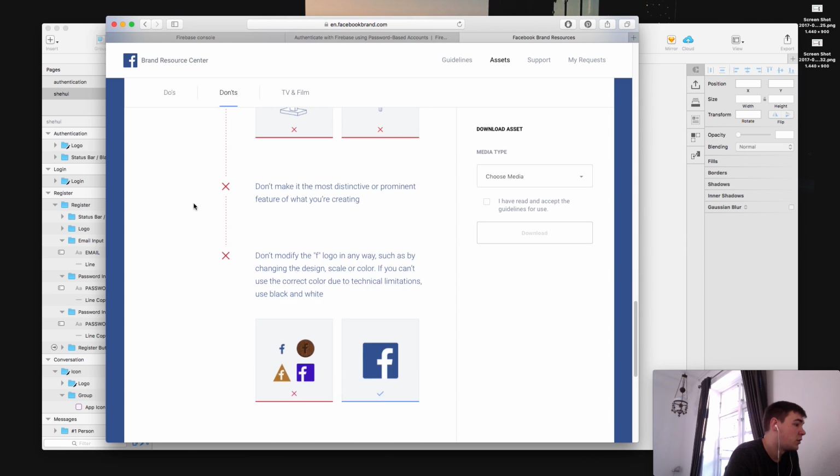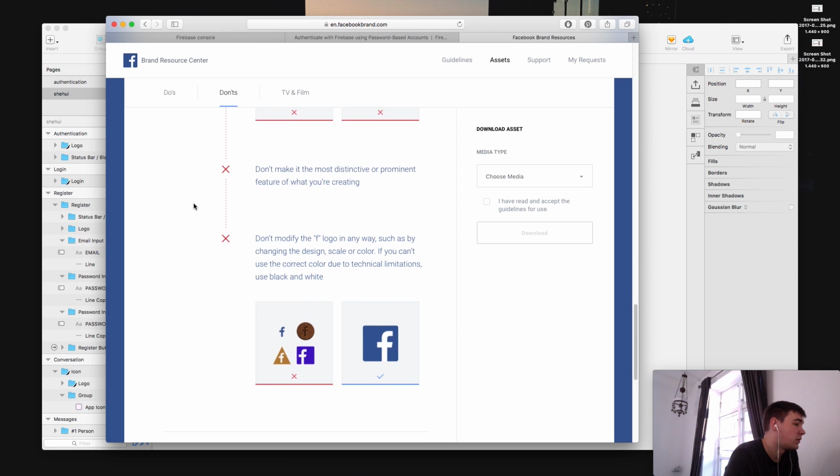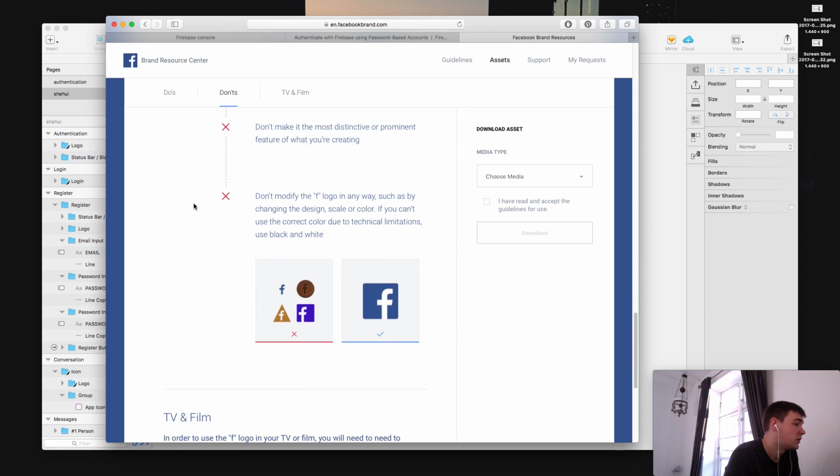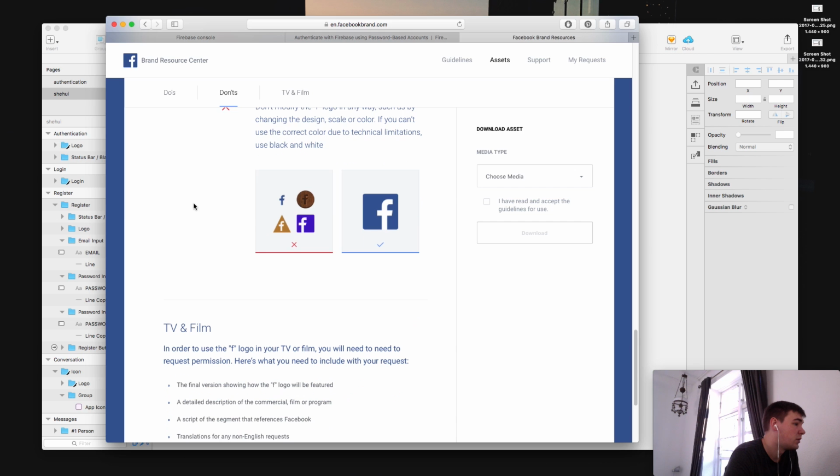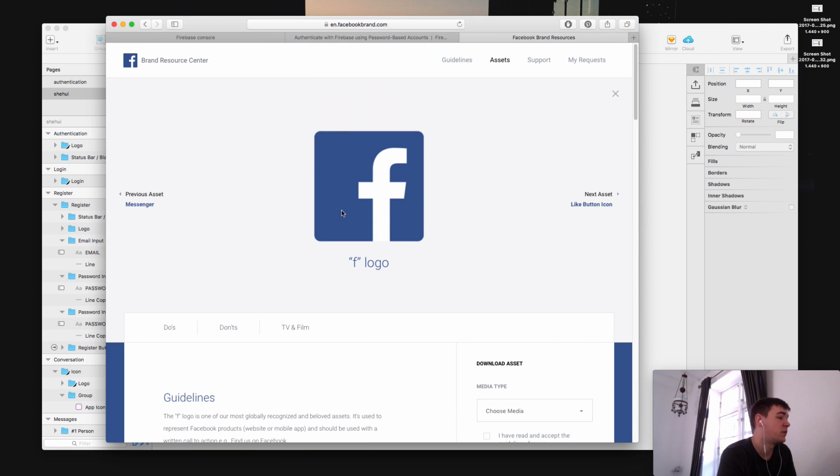Don't animate or fabricate this. Yeah, nope. Don't make it the most distinctive or prominent feature that you're creating. Don't modify the logo in any way. Yeah, we're not gonna. Okay, so